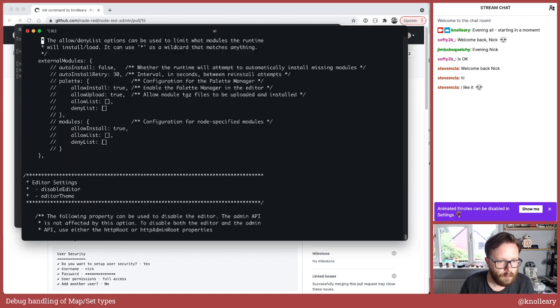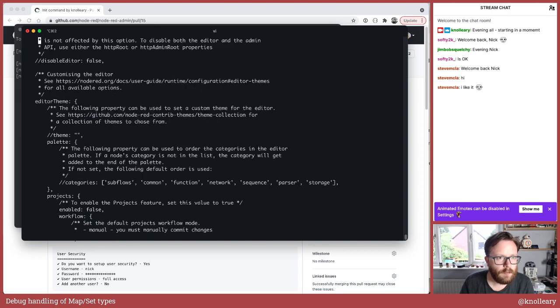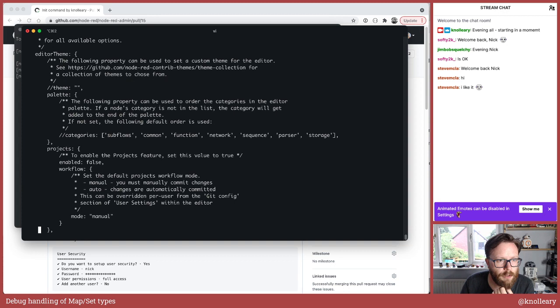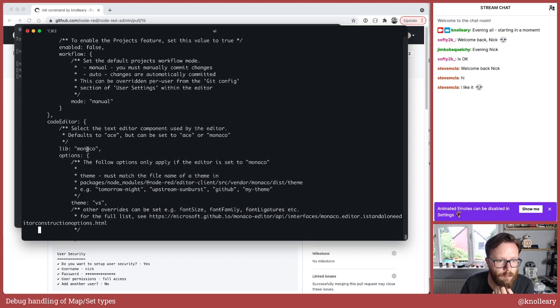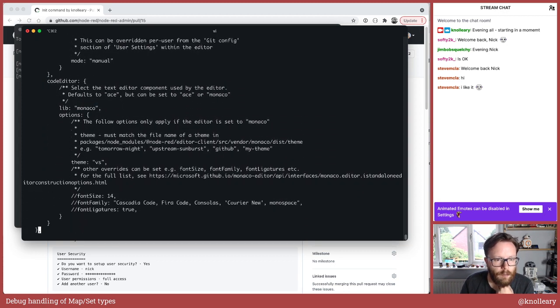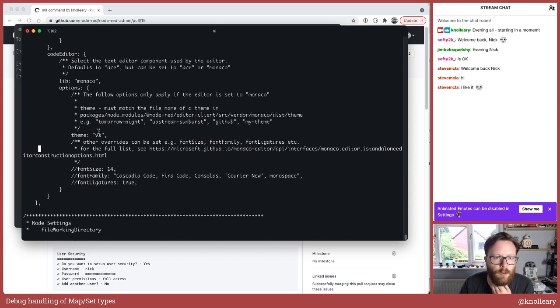What else? If I keep going down, editor settings, editor theme. Well, you can see the theme is commented out because I didn't pick a theme. Projects, palette, code editor, there it's set to Monaco. I'm sure, Steve, there'll be options